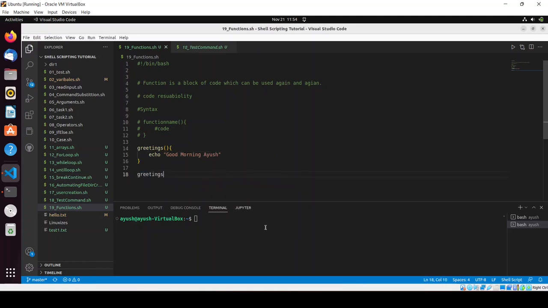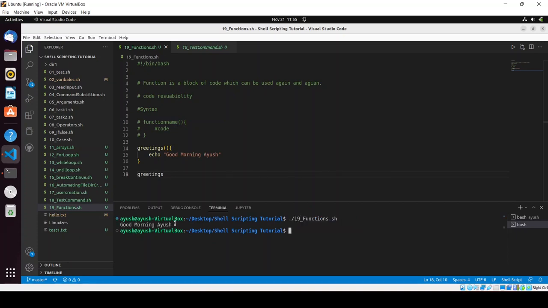Now let me move into this particular directory, and I will provide a certain permission to the file: chmod +x 19 function.sh. Clear the screen, dot slash 19. So here you can see good morning Ayush has been